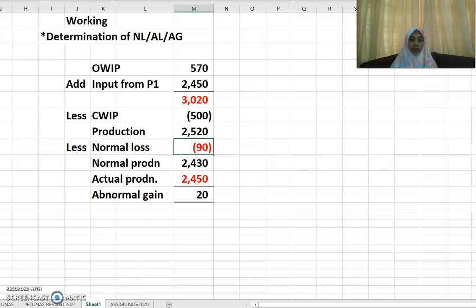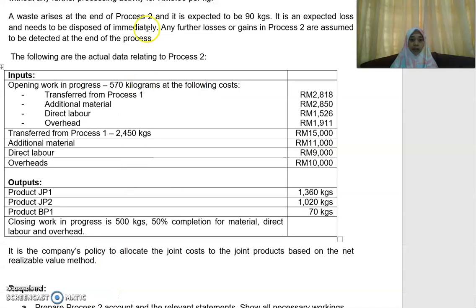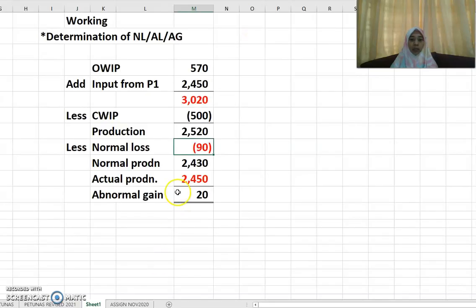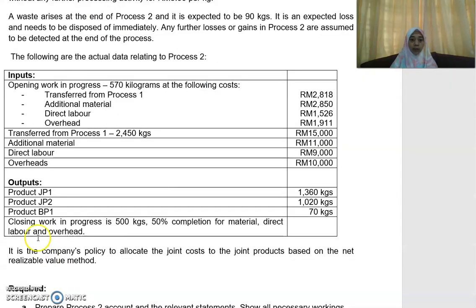In this case, the normal loss is given straight away in the question. Your loss is 90, so that is your normal loss. Less 90, so you've got your normal production as 2,430. Given in the question is your actual output, you add 1360